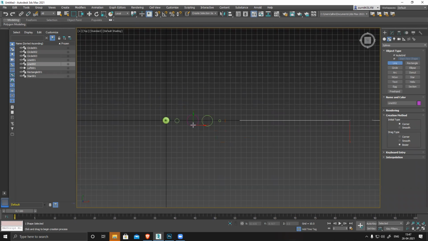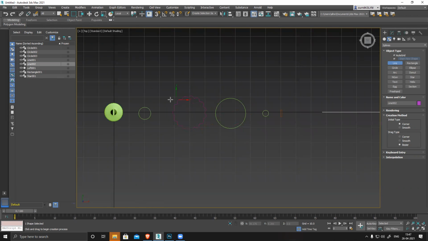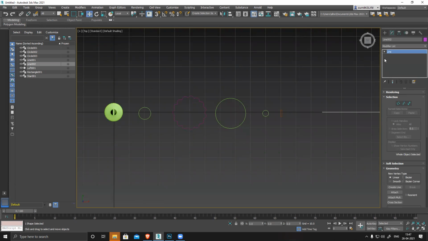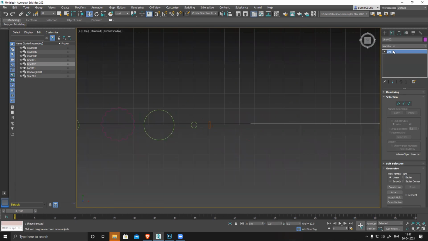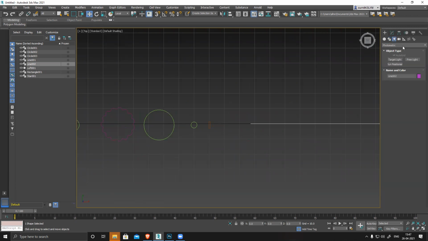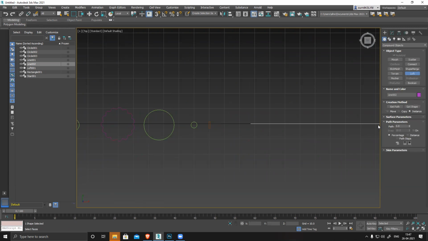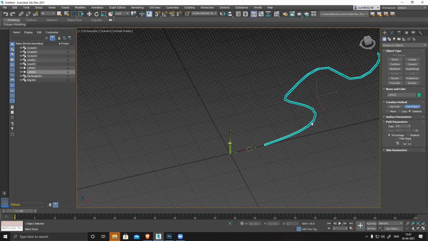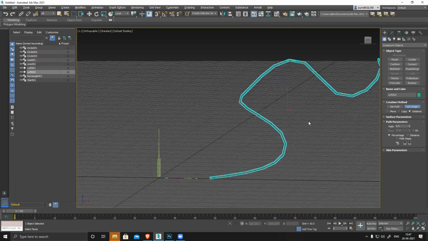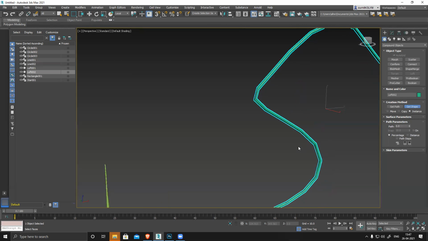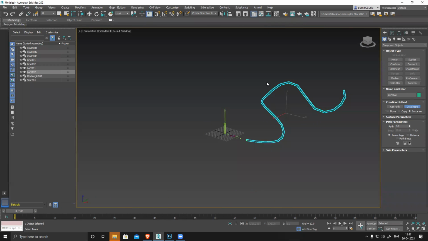So top view, I'll go, and this radius will work. Or I can use this basic shape only. You can use any shape. So I have this line. Then go to your compound, this compound shape. Click on loft and get shape. So basically, this will start with a cylindrical shape. The entire thing becomes a cylinder, right? In perspective, you can see the cylindrical shape throughout.